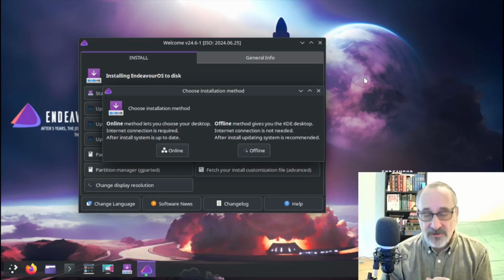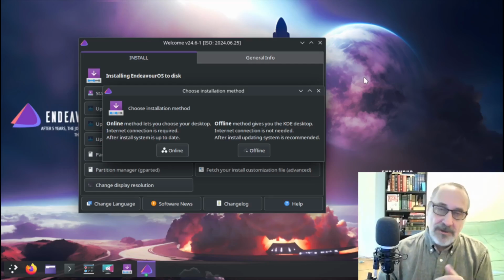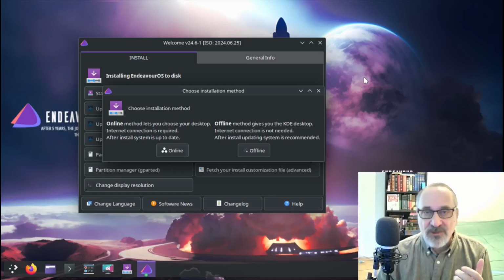And when you finish the install, you're going to have to update the system. Now, this ISO is from June 25th, and today is September the 8th. So for Arch Linux, June 25th is a really old ISO. They should update their ISO